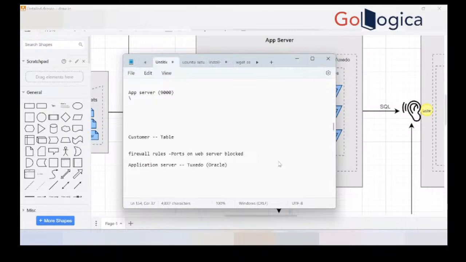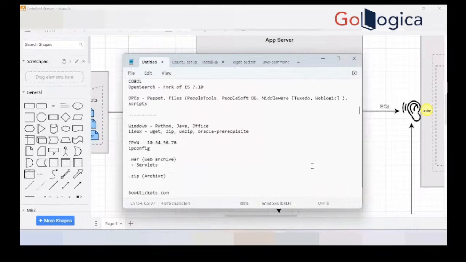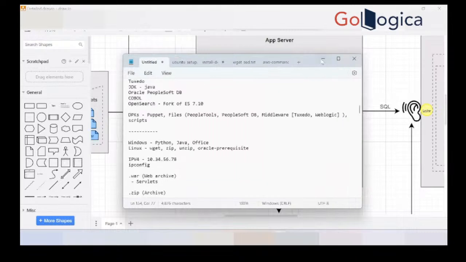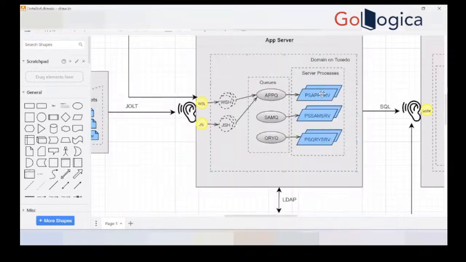So it works on this technology, Tuxedo. And Tuxedo is a transaction monitor as well. Transaction monitor, it is used for app messaging. It is used for all these purposes. So the main benefit of it is, even if your services are busy, they can keep piling up in queues,